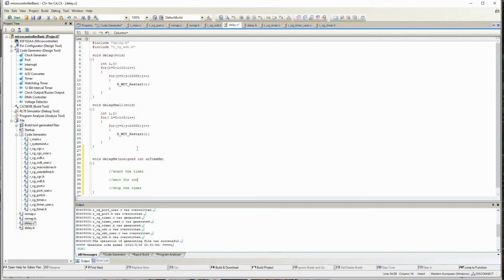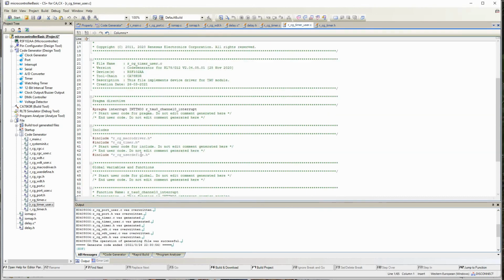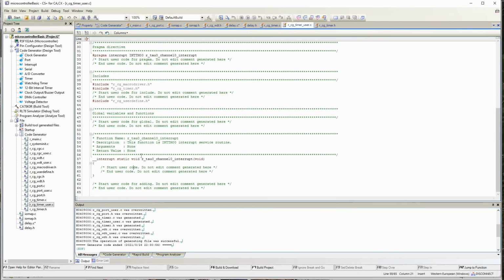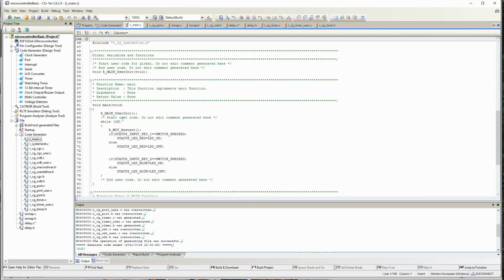Before that, if you go to timer user, this is where they expect the user to write the code. There will be an interrupt function. Every 1 millisecond, this function will be called automatically. As I explained in Microchip, in your code, the code goes in sequence. It will come here, finish this, and keep on going like this.